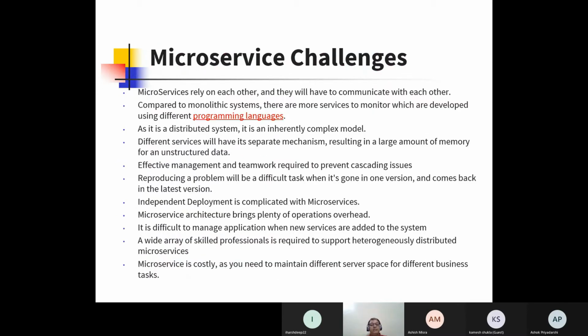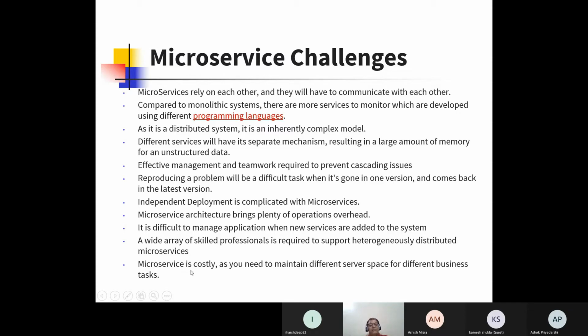Next, there are certain challenges also. Microservices become costly sometimes, because they might be installed at different locations, on different servers, in different spaces. Naturally, to manage all of that, many different infrastructures and people might be needed also.